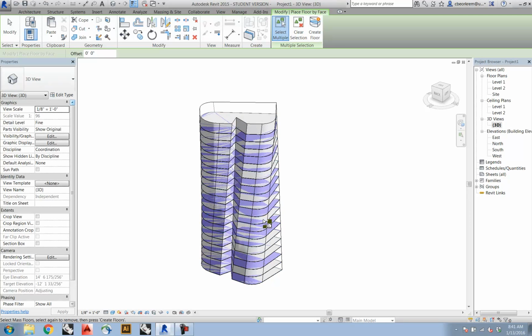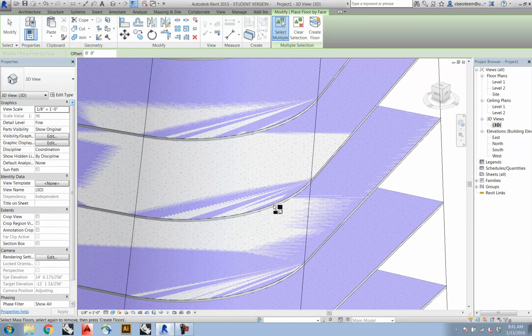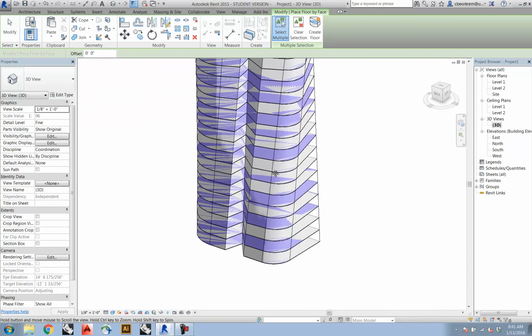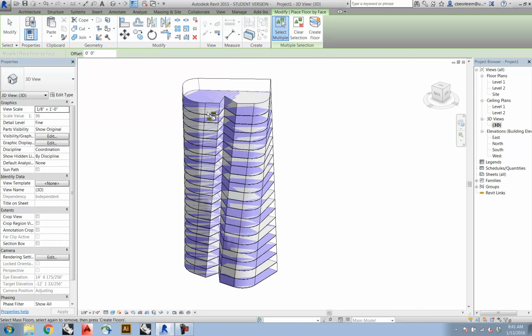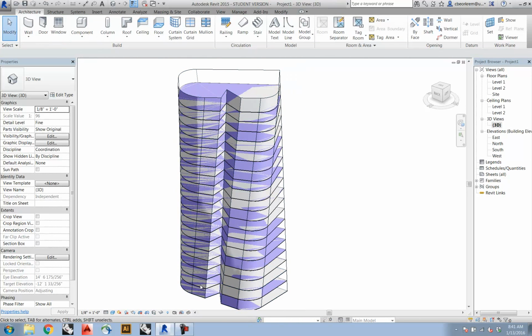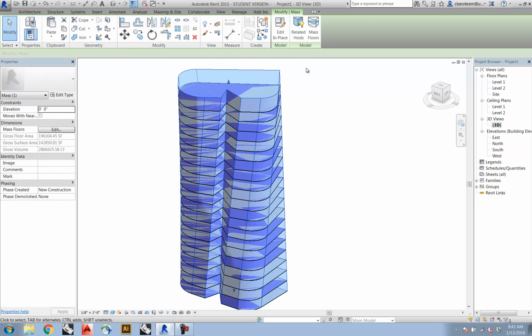And you're going to see that it's actually gone in and defined a thickened floor plate here that's the typical 3 inches of concrete on 2-inch metal deck. And we're getting these kind of echoes in the graphics because the purple mass floors are sitting on top of the floor plates themselves. Now the powerful tool here is that I can still go back to this mass and